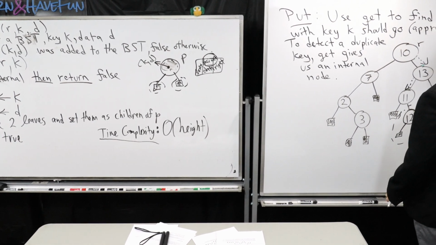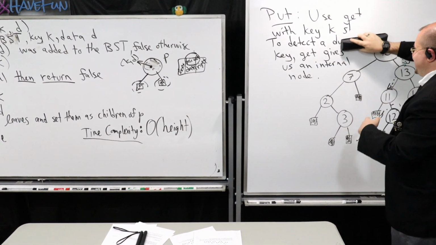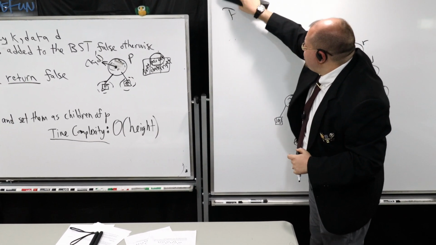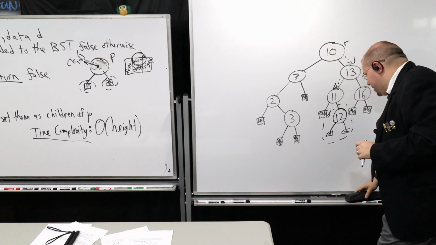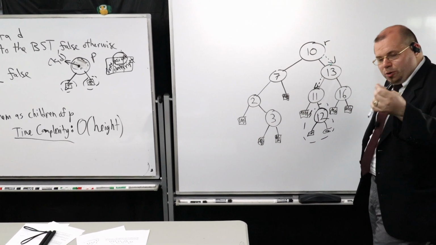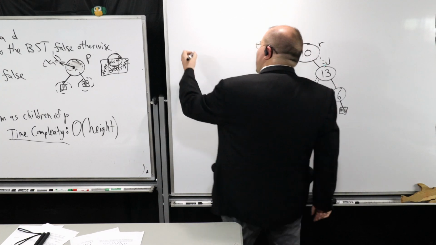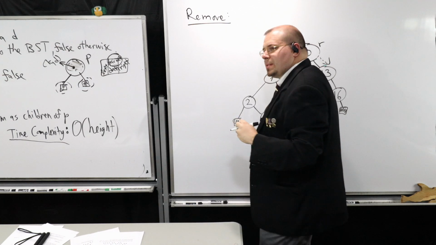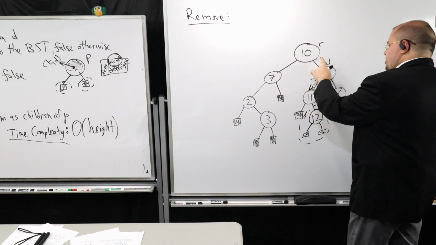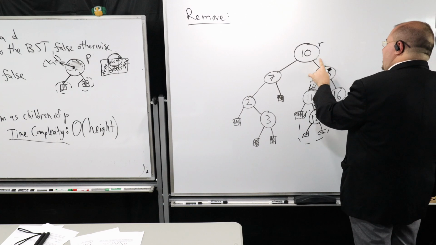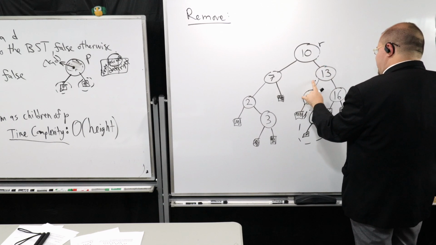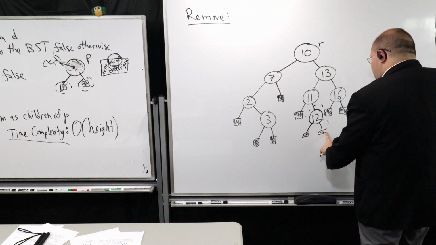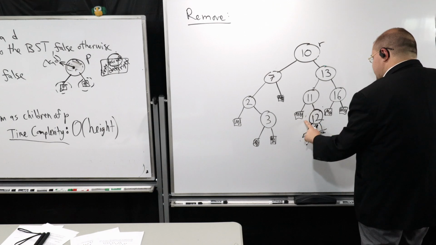So far I'm doing okay, right? So far I haven't drawn this tree again yet. We're going to try to figure out how we can remove data, or remove records, from a binary search tree. One big question we have is, we know how to find things and we know how to insert new data into the tree. The real question now is, how do we remove data from the tree?